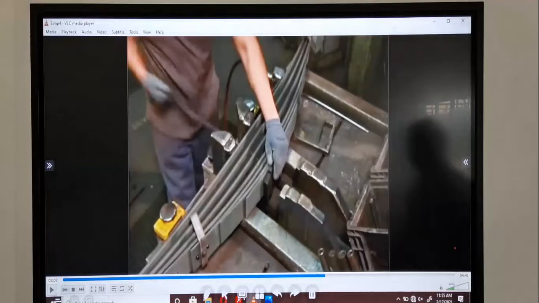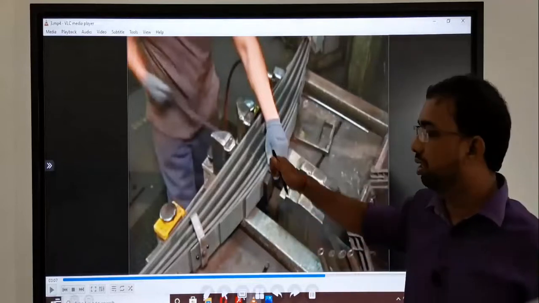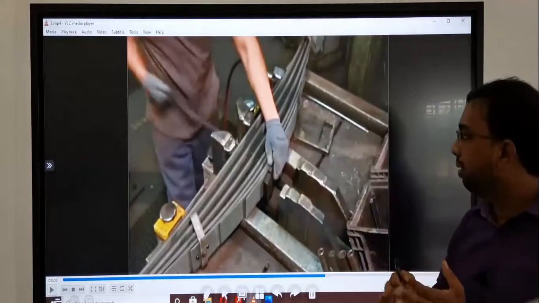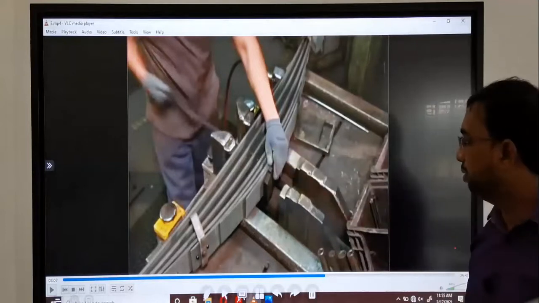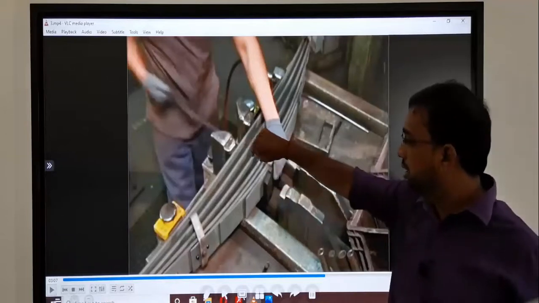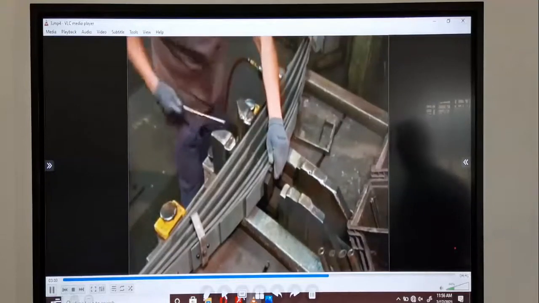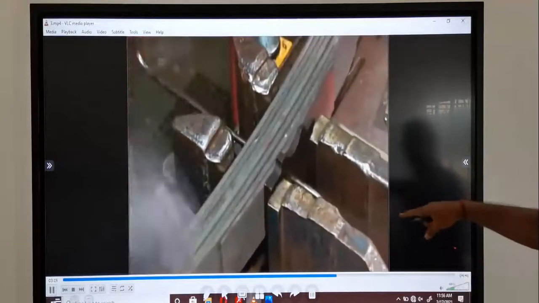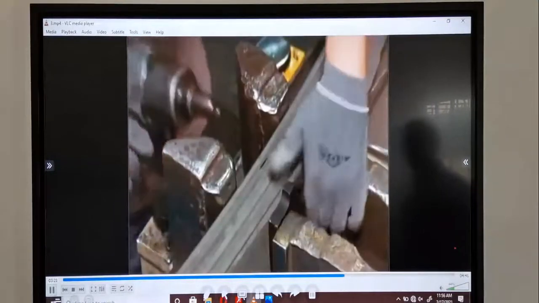Now he used hydraulic pressure to taper. The plate is already tapered. By heat treatment, this metal is made very thin. Again there is a gap between these leaves, so by giving hydraulic pressure again, it is going to taper. Taper means we have to make it very thin. Now you can see that with the hydraulic pressure, it is very compressed.